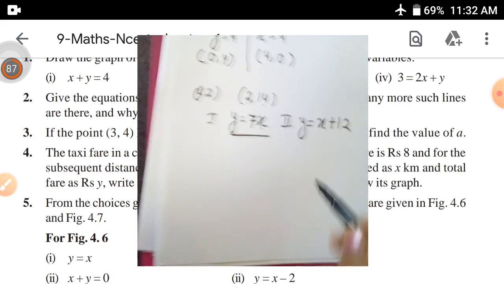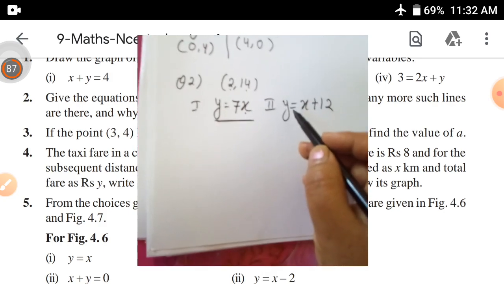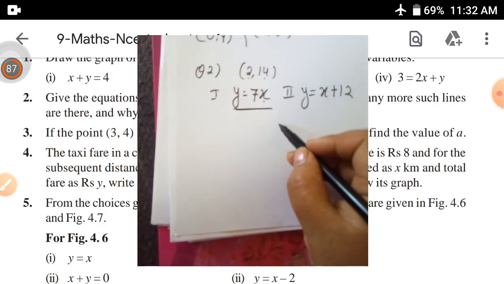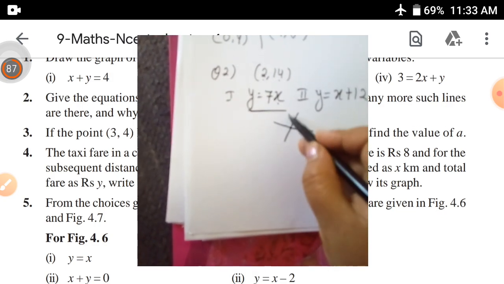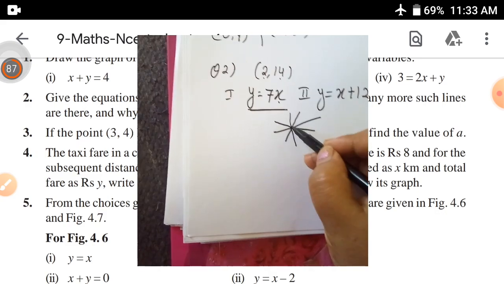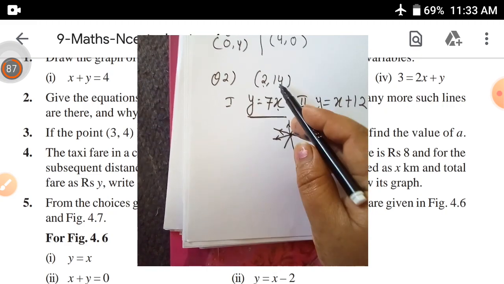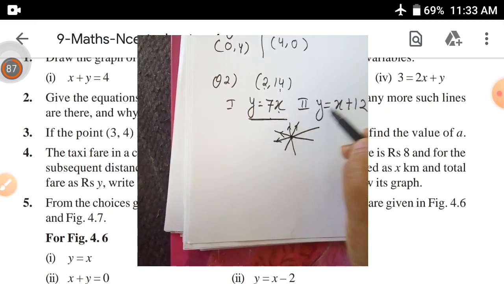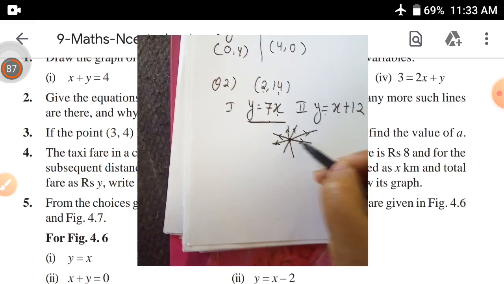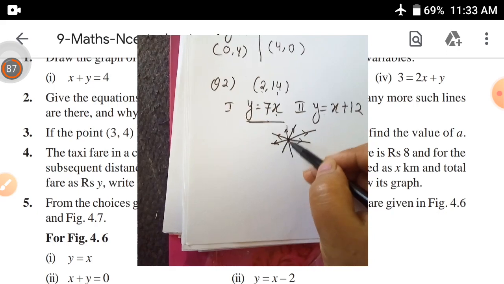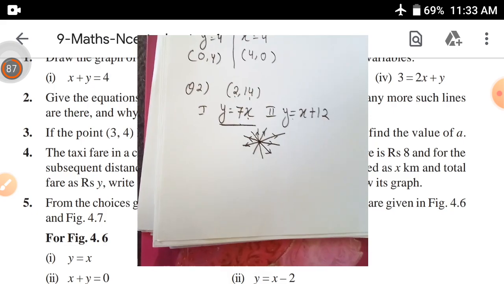You can see that in this also, if you write x is equal to 2, you will get y is equal to 14. But how many more lines can you draw with the help of this point? You can draw as many lines as possible with the help of this single point. It means you can draw infinitely many lines, but we have to write only 2 equations of lines, so we have written 2. And if we required 4, we could write that many, because with one point we can draw infinitely many lines. Now move to the next question.